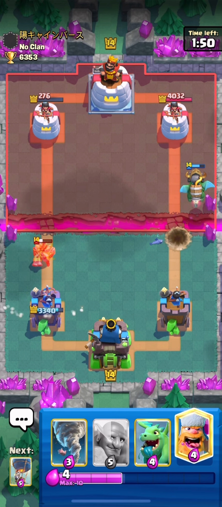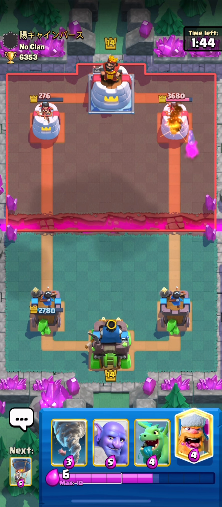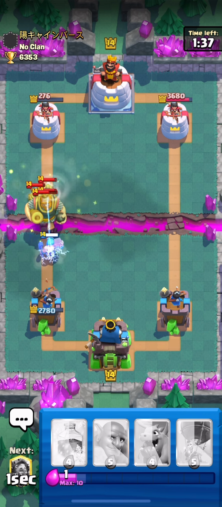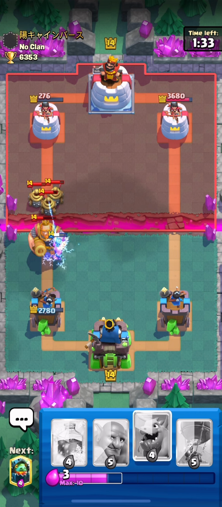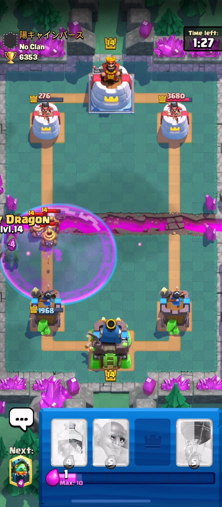air defenses he has in cycle, so him cycling both the Hunter and Zappies allowed me to go with that balloon there on the left side. If I'm trying to do a bit of sizzle damage, he's going to go with this first RG here, so I'm going to go with Lumberjack plus Tornado. Lumberjack will get stunned by these Zappies, so RG will be able to get at least 2 or 3 shots off, so quite a lot of damage from my opponent, but knowing he doesn't really have anything for my balloon,